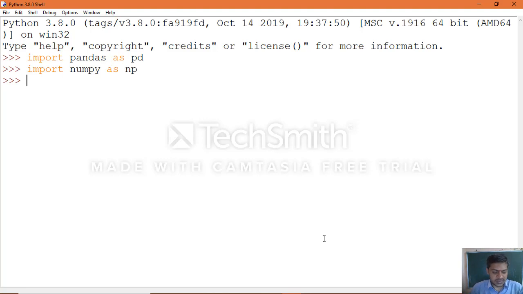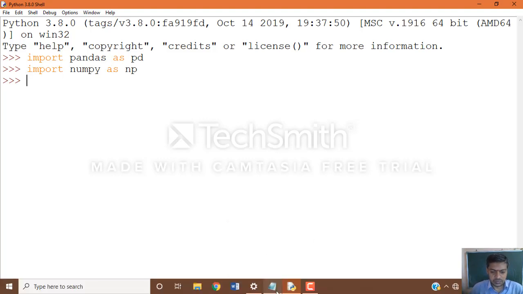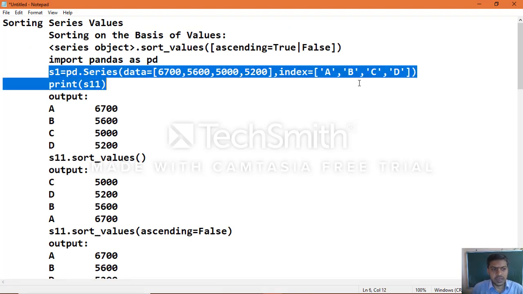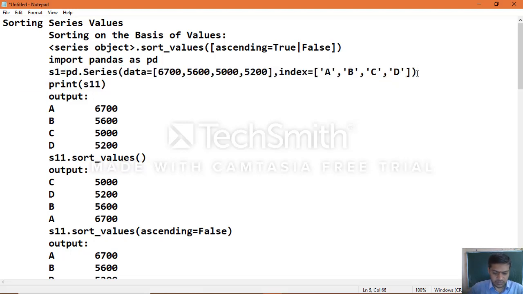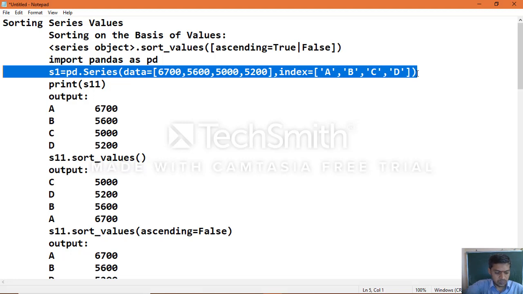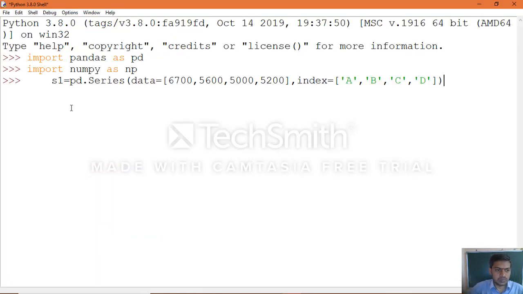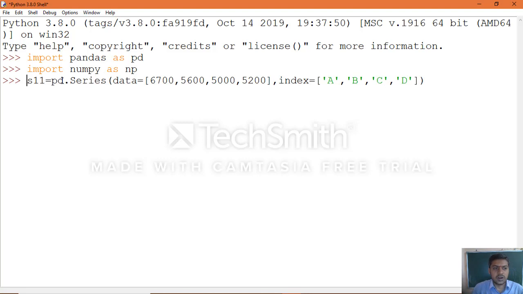We'll start with the first example. We'll create the object S11, so object S11 equal to pd dot Series of data.